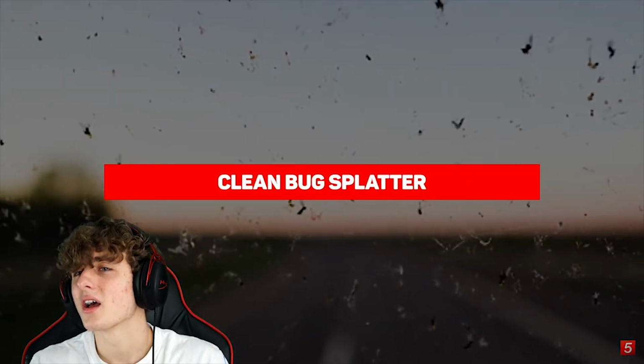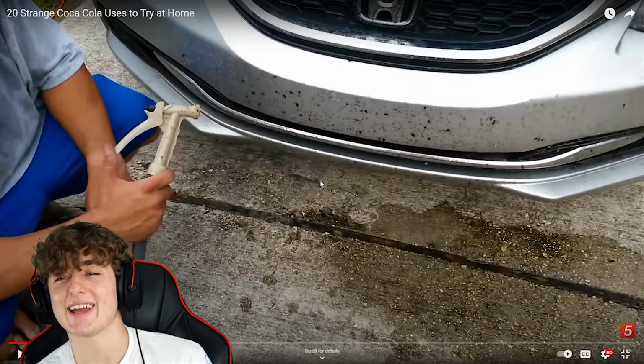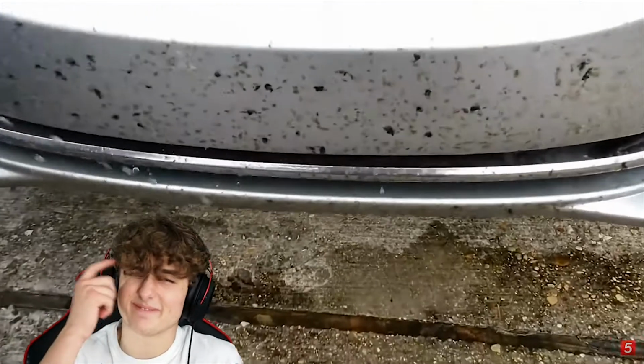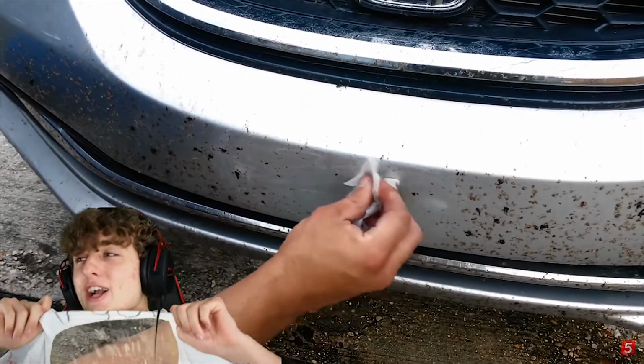Next entry is cleaning bug splatter. Ice isn't the only hard thing to remove on your windscreen. Well, technically, can't you do that with any drink added to it and it'll turn into slush? It's not just Coke. Stay frosty, y'all. Sometimes dead bugs and even bird poop can be a nightmare to remove, we gotta be scientific,